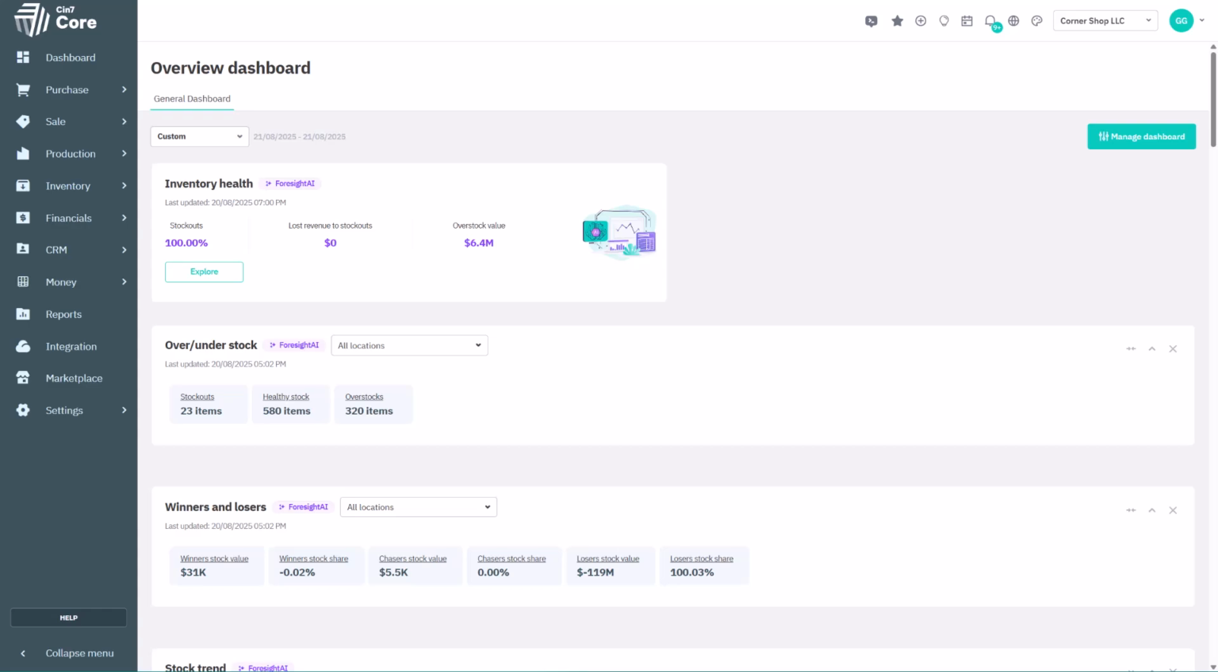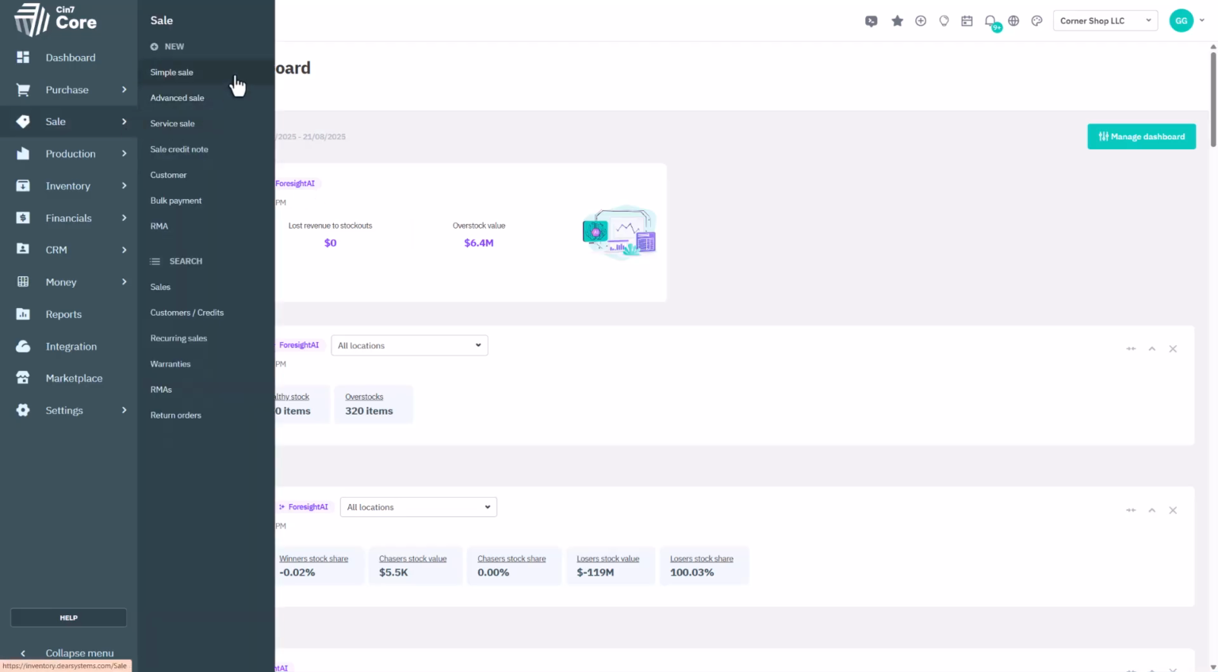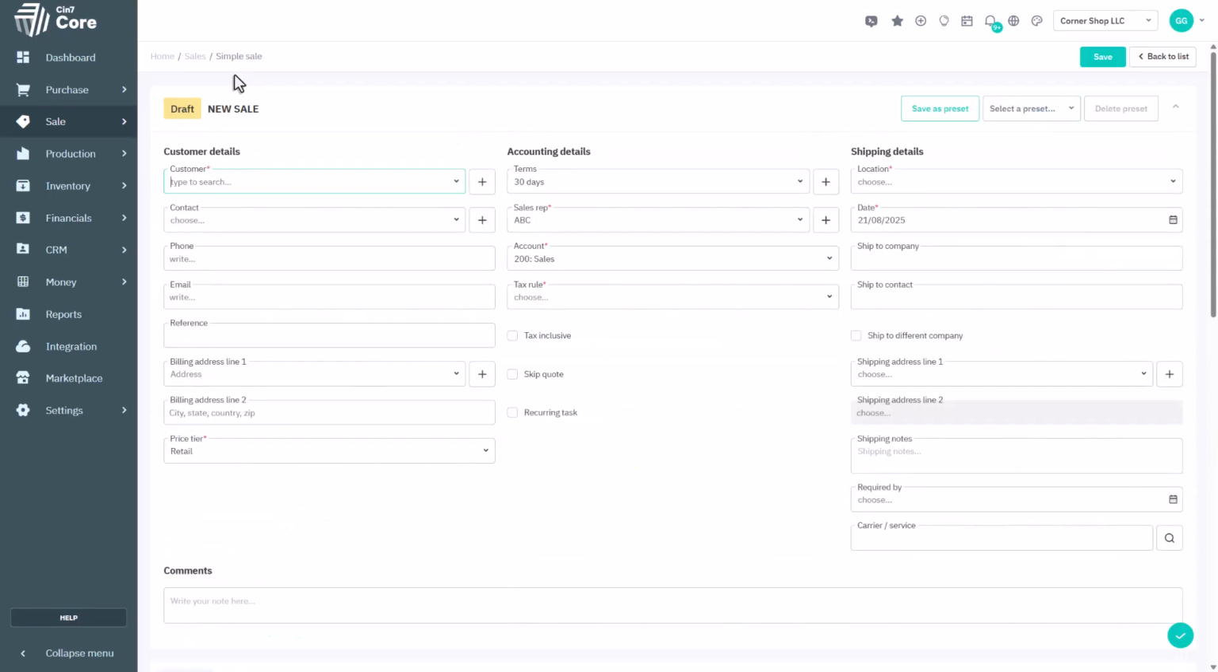Welcome to this tutorial where we'll demonstrate how to manually create sales orders. Start by navigating to the Sale module, then select Simple Sale. If you're integrated with an e-commerce platform, fully completed sales orders can be automatically imported or arrive ready at different